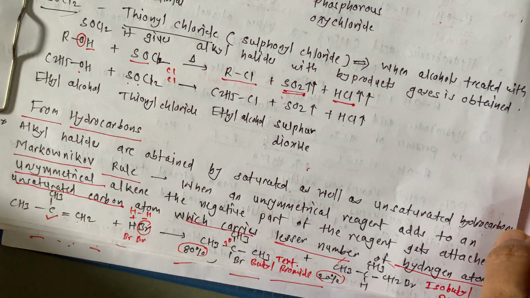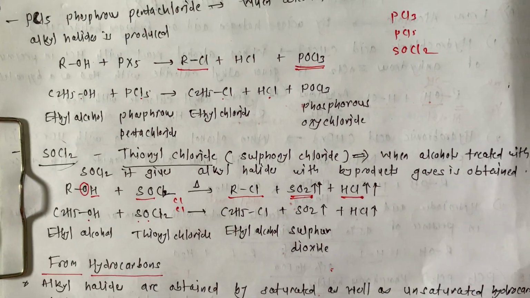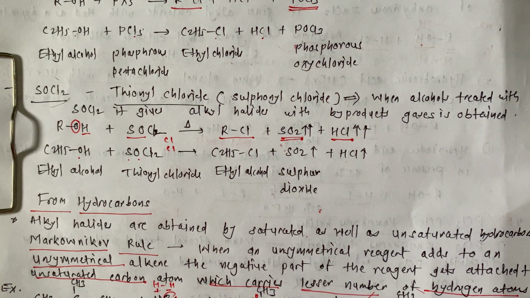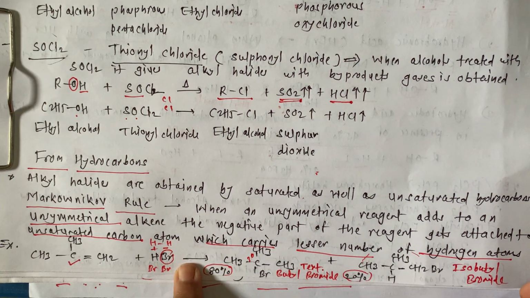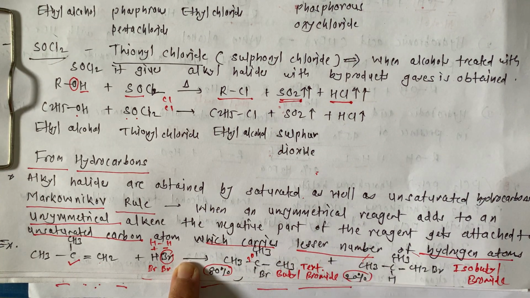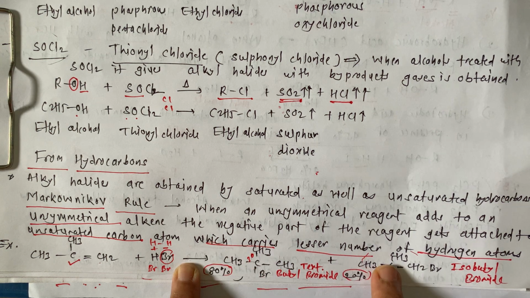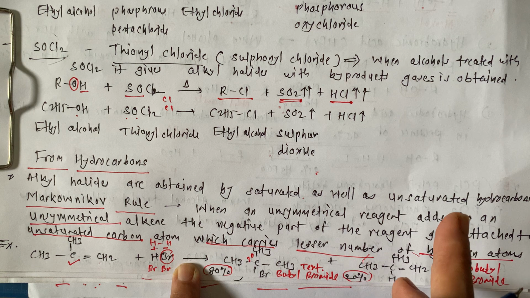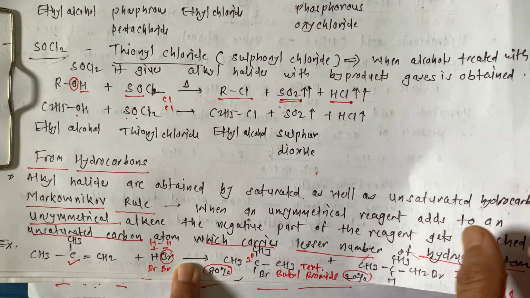Do you remember that? We studied the peroxide effect. What is that peroxide effect? The peroxide effect is the effect where we use this addition of HBr in the presence of peroxide, and we get exactly the reverse product. Organic peroxides we use, and exactly reverse means what? In the absence of peroxide, this is major, while in the presence of peroxide, this is minor and this is major. This is exactly the reverse of Markovnikov's rule, and so the peroxide effect is also known as anti-Markovnikov's rule.